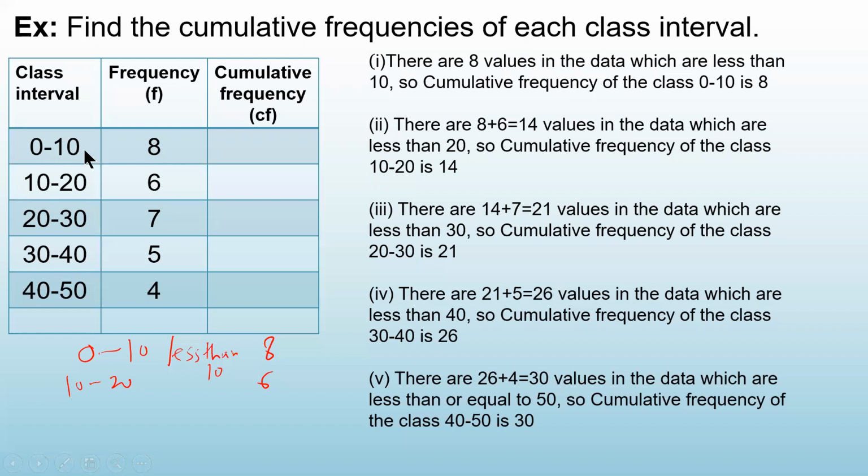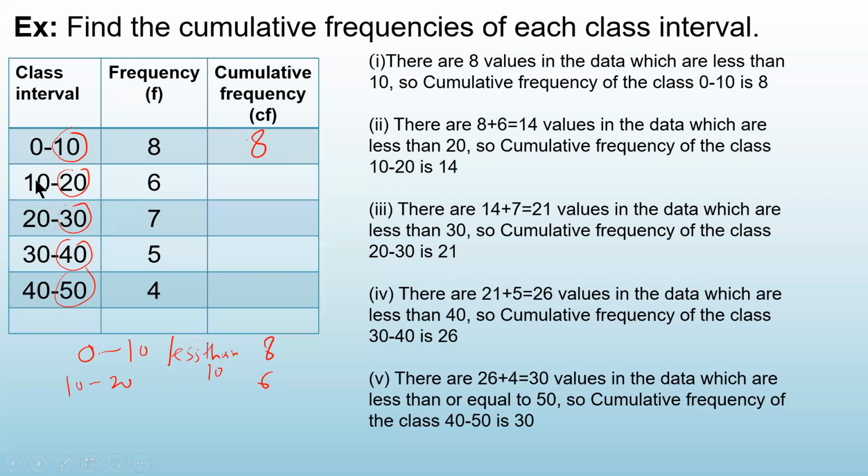बिकॉज जो नंबर 0 और 10 के बीच में है, मतलब 10 से छोटा है, वो 20 से भी छोटा होगा. करेक्ट ना? फॉर एग्जांपल 5, it is between 0 and 10, so it is less than 10. So 5 is also less than 20. Correct? तो क्यूमुलेटिव फ्रीक्वेंसी निकालते समय हमें क्या देखना है? अपर बाउंड्री देखना है. ओके, तो इफ आई हैव टू फाइंड आउट द क्यूमुलेटिव फ्रीक्वेंसी फॉर द फर्स्ट इंटरवल, that means how many values are less than 10. So how many values are less than 10? 8 values. Correct? तो इसकी cumulative frequency same है.